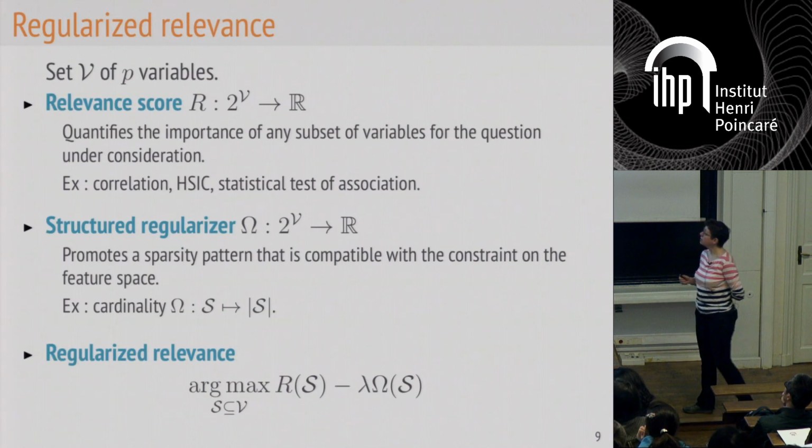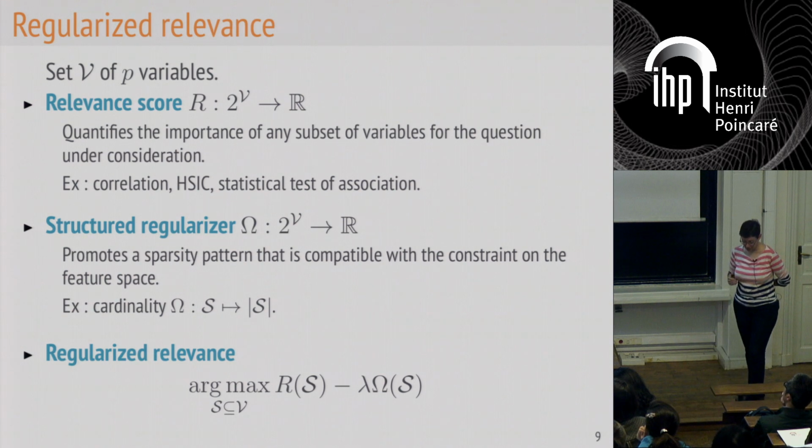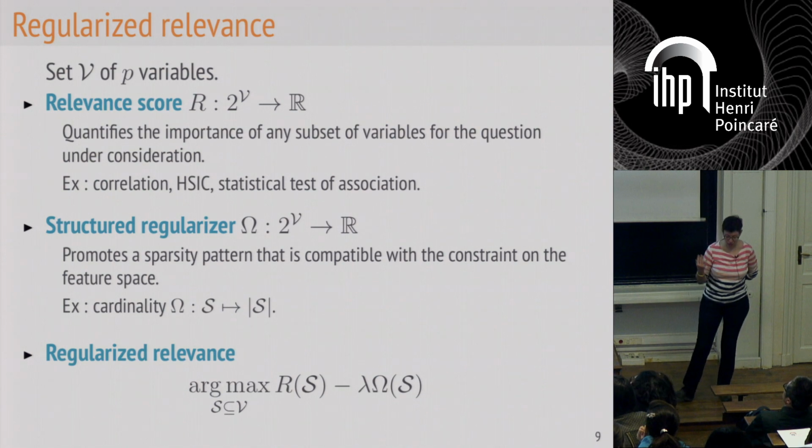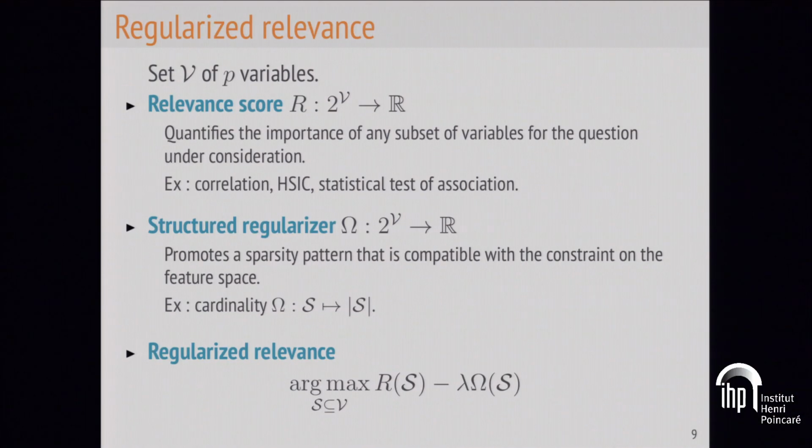Another way to do it is something that looks a lot like the lasso and the network-constrained lasso, but is more directly inspired from the statistical tests that people are doing in the field of GWAS. It's what I called regularized relevance here. The idea is that instead of looking for weights in a linear combination of the features, I'm just going to look at whether features should be selected or not. So I move from a problem where I want to find weights in R to the P to a problem where I want to find a binary answer, 0 or 1, still 0 or 1 to the P.